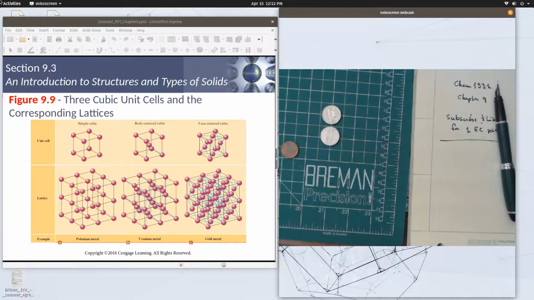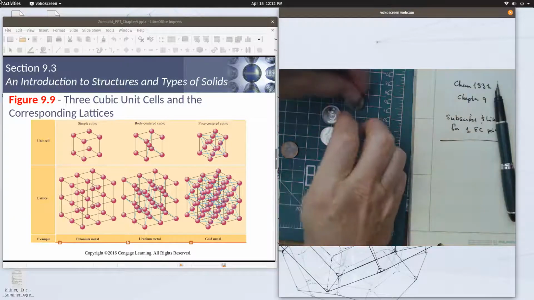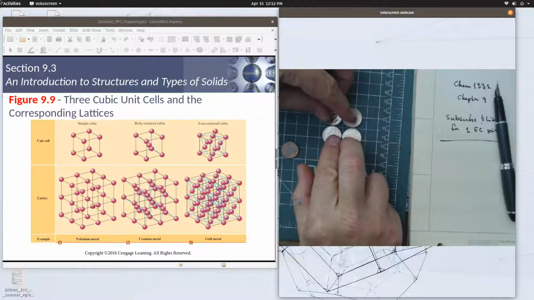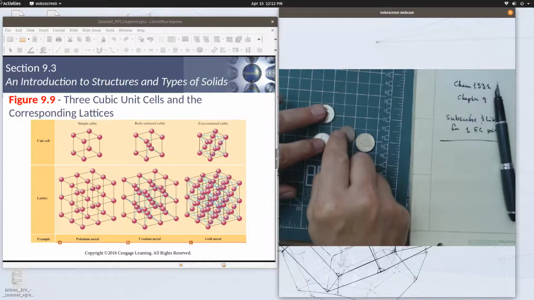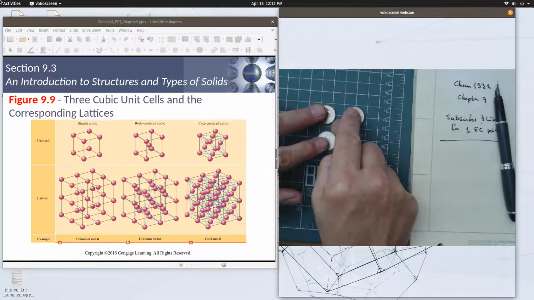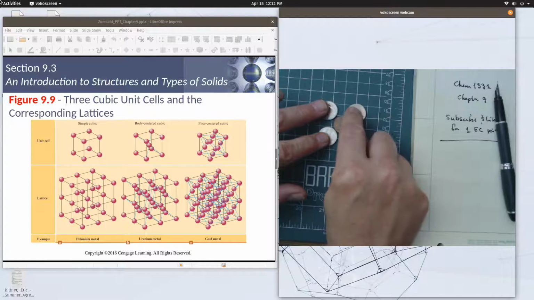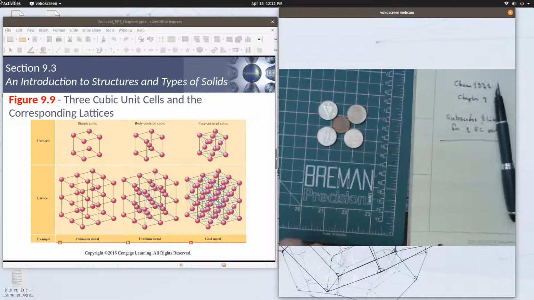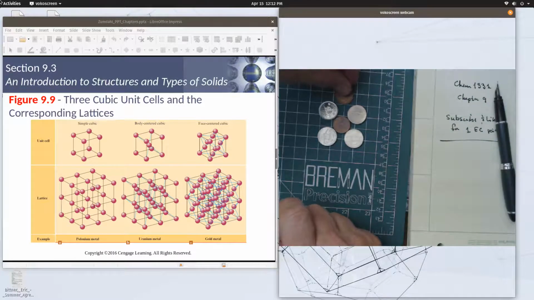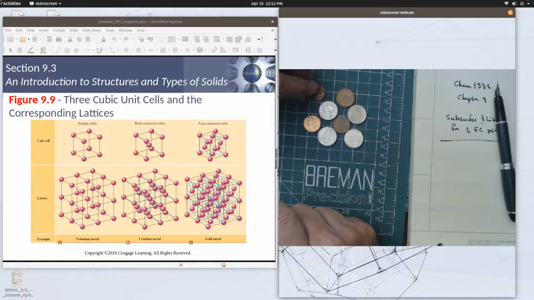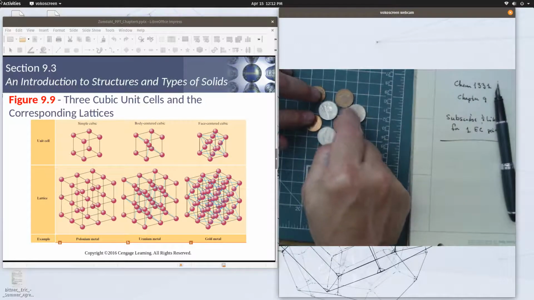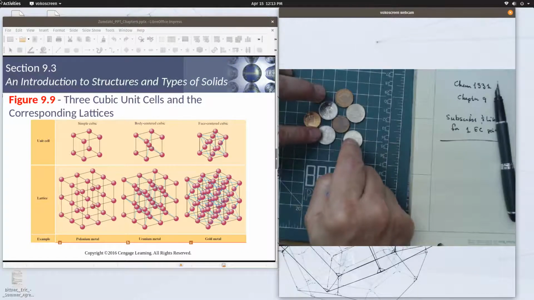So I could have a lattice, for example. Maybe I put my nickels at each site like this. Okay, and I could have a packing arrangement of those nickels like that. But maybe every once in a while I have another lattice that might be something like this. This is of course a 2-dimensional lattice, and maybe I have pennies that are going in between, something like this, and another one here, and another one here. Okay. So you can see I can arrange pennies and nickels or different kinds of atoms if I want in